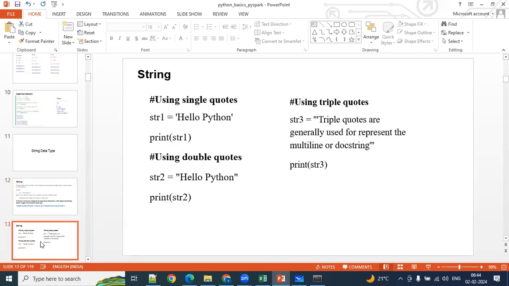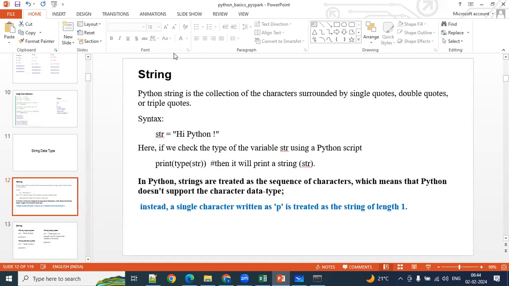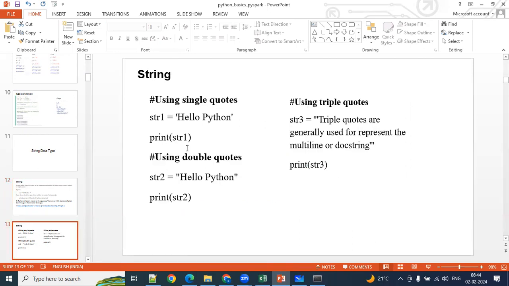Okay. So how is Python going to store that string in the backend? Same way how we are representing numbers, right? Same way it is going to store. So Python strings can be represented in these three formats, guys. You can represent the string in single quotes. You can represent the string in double quotes.